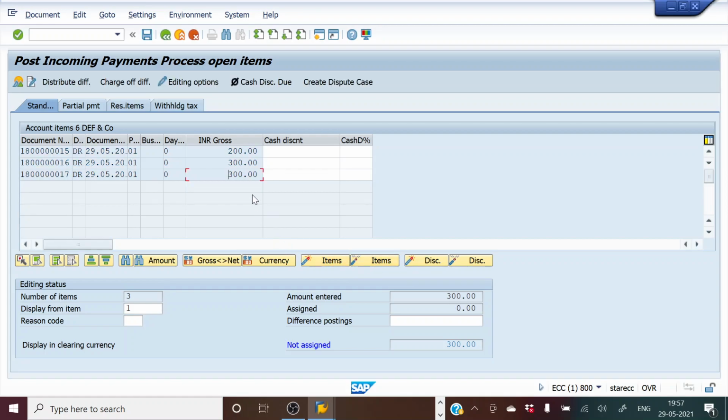And then I'm going to select 16 first. So this I have done by mistake, and later on I'll realize that I should have done it with 17, this invoice. So I will have to reverse it. So first let me post this entry.